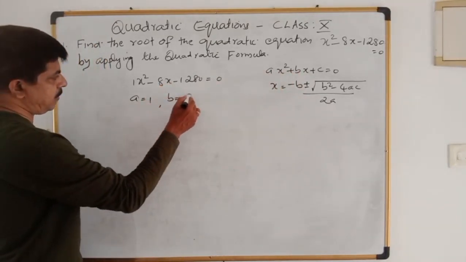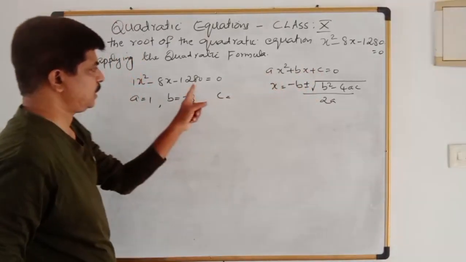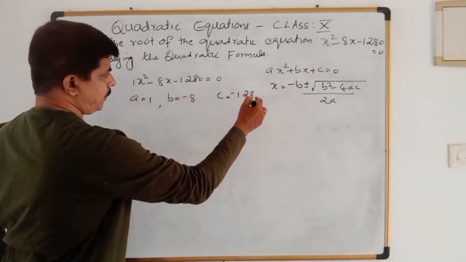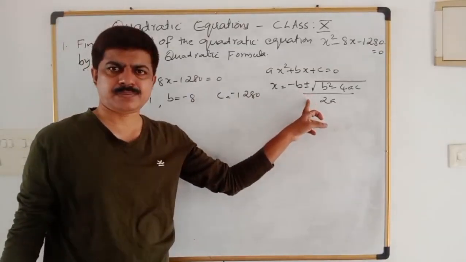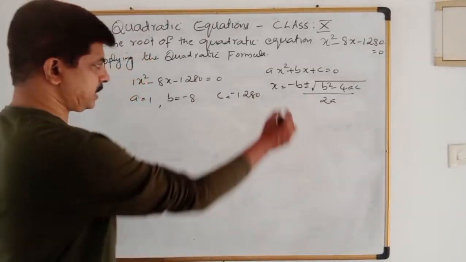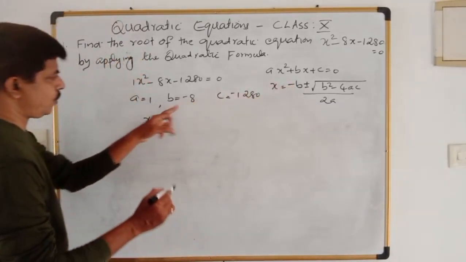B can be taken as minus 8. C, actually what is c? The term without x is the value of c. These are the coefficients. Now we can simply substitute into the formula. What is the formula? x is equal to minus b